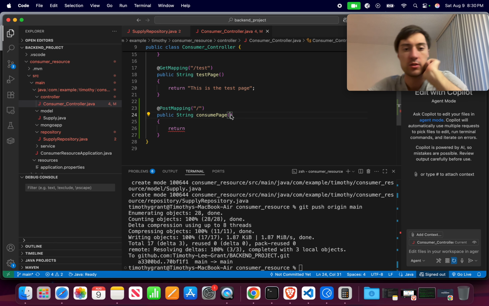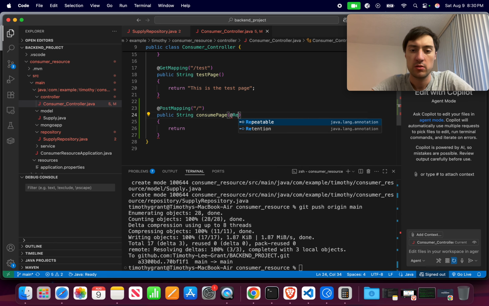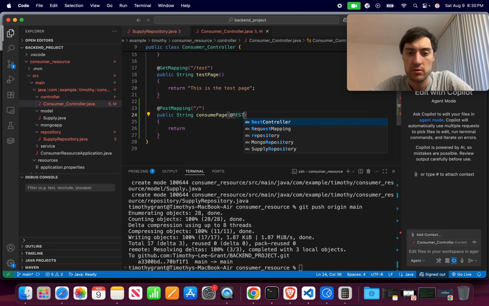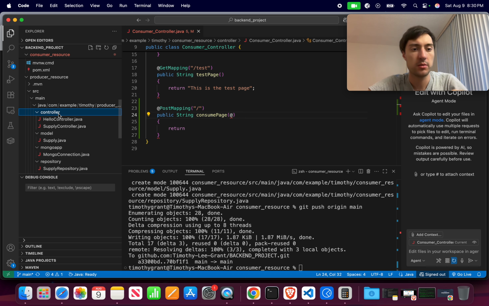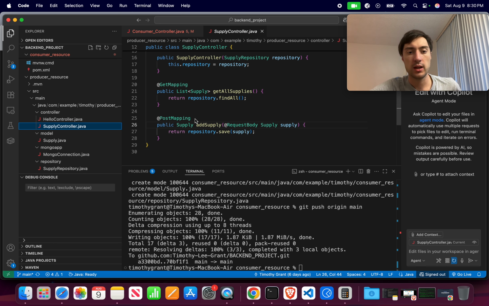And do we need whatever request body or something? Let me just see if it's a body. Does that auto complete to anything? No. Rest, no. Okay. I am going to take a little bit of a hint at my previous ones. So I'm going to come here to controller and do supply controller and look at my post mapping. Okay, so it's request body and then of type